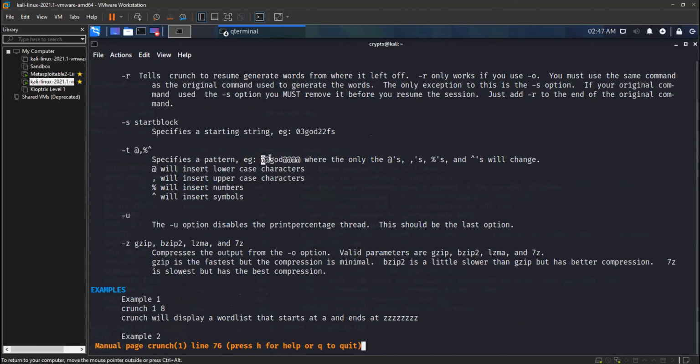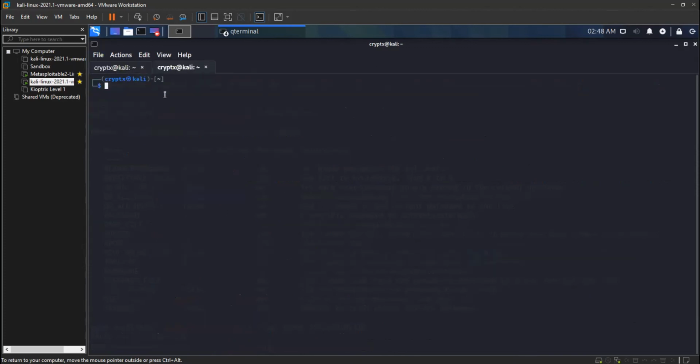For example, if we specify -t and then enter the at sign, instead of the at sign it will insert lowercase characters. I'll show you how it is done. I'll open a new tab. So it is crunch, let's do three letters, 3 3.